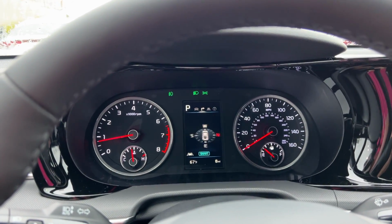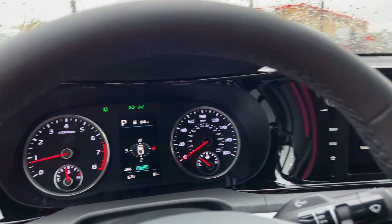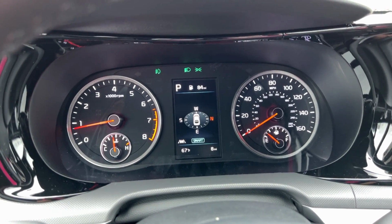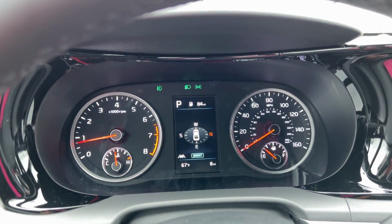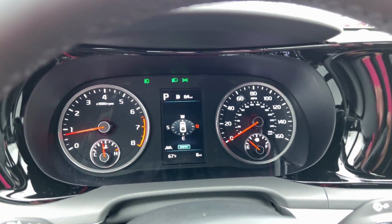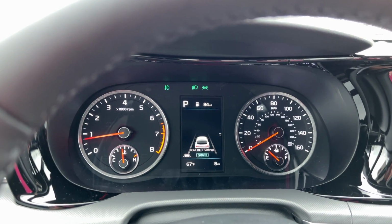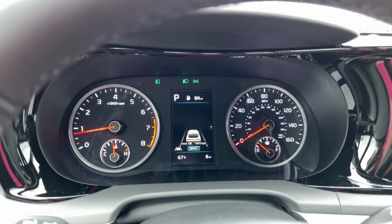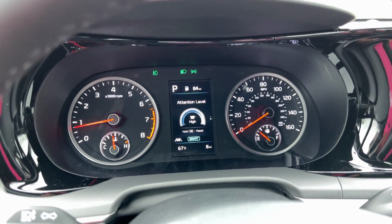Next screen, we can see navigation information with this 10.25-inch screen here. This will show you your current cardinal direction, but once you are navigating, it will show you turn-by-turn information, and then a checkered flag will pop up next to your fuel range up there, showing you your distance from your destination. We've also got safety and convenience features, so this screen will show you when the lines on the road are registered. Then you also have your driver attention system paying attention to how you're driving, making sure you're safe